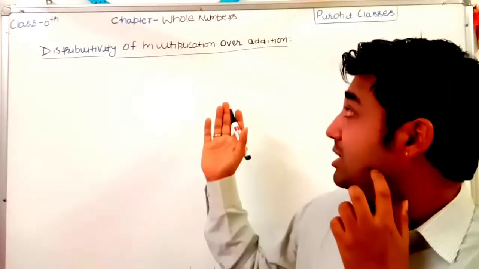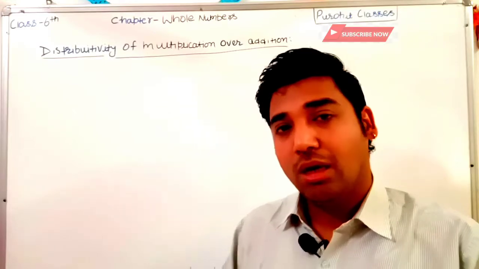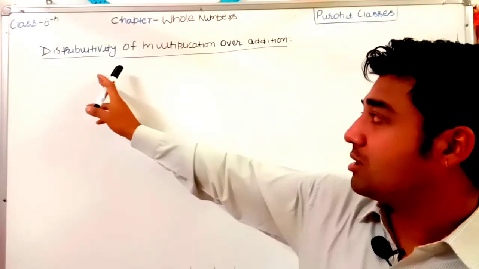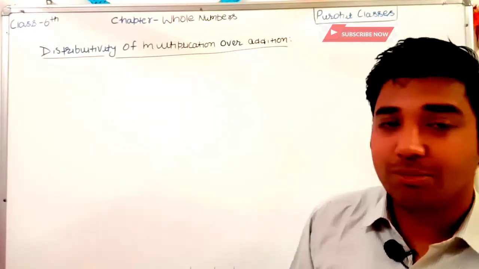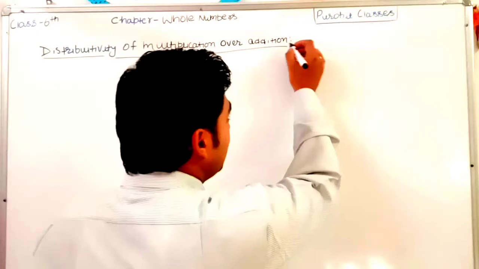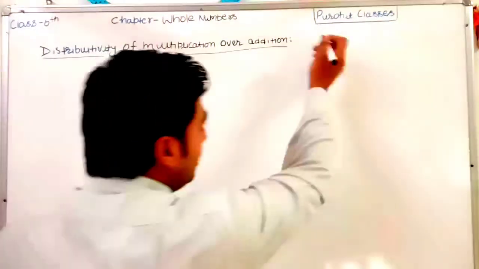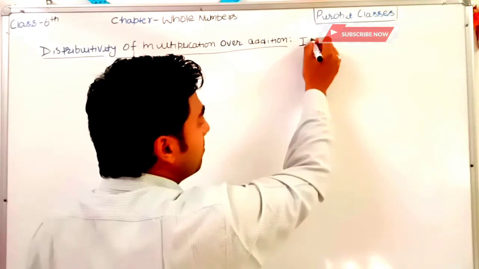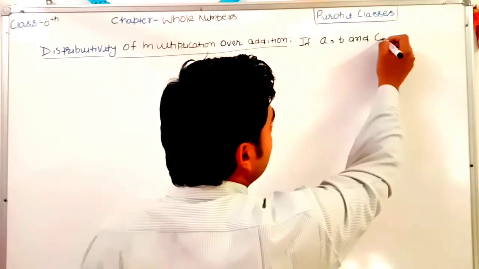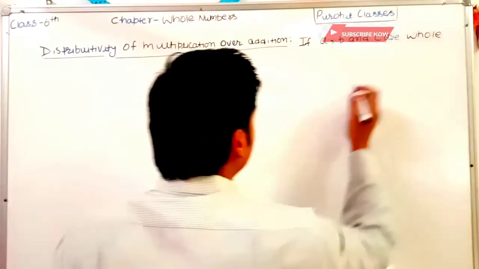As we were studying whole numbers, in the previous video we understood some properties, and we are continuing with properties. So this is the next property, which is known as distributivity of multiplication over addition. Let us try to understand what it says. There are two operations, multiplication and addition, and the statement is: if a, b and c are whole numbers